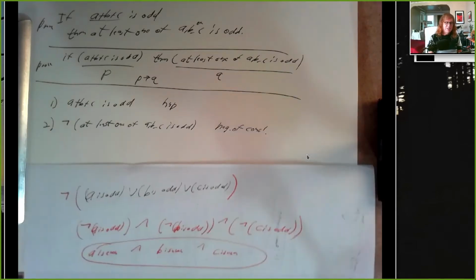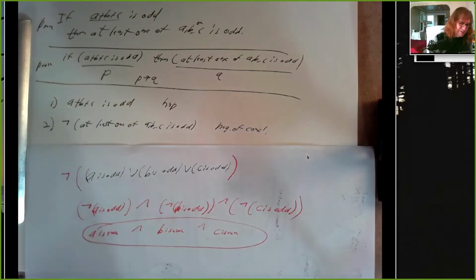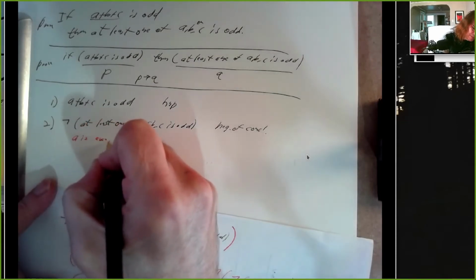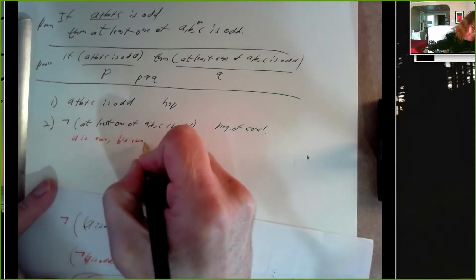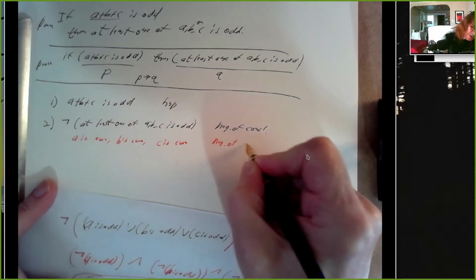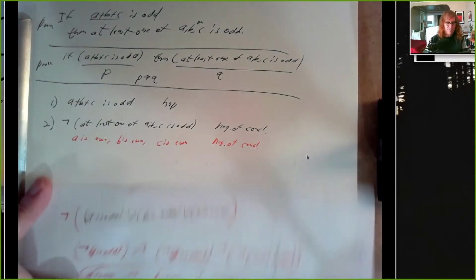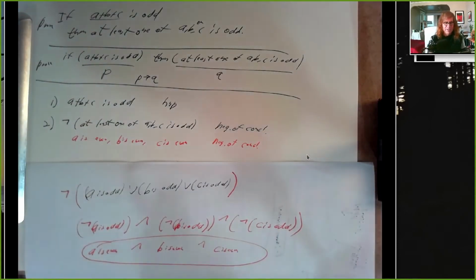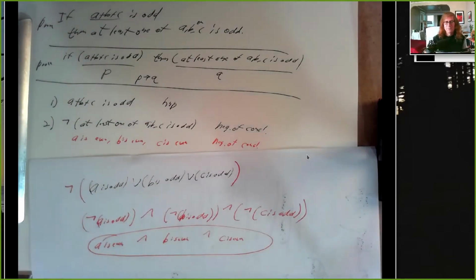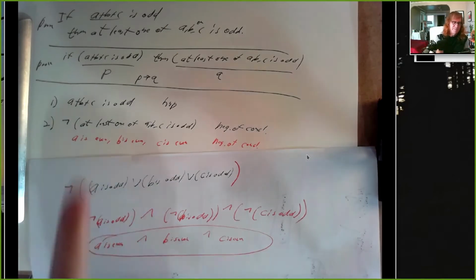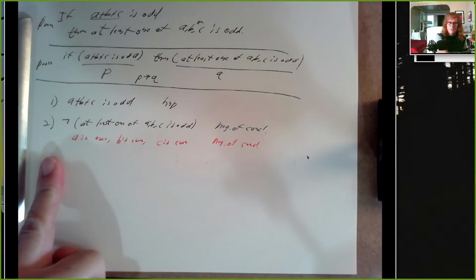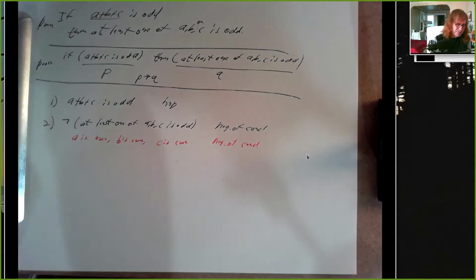So to negate the conclusion is to say A is even, B is even, and C is even. That's the negation of the conclusion, right? Because this says at least one of them is odd. The opposite of that is none of them are odd, which means all of them are even. All right, so once we have that established, now the proof is pretty straightforward, or at least similar